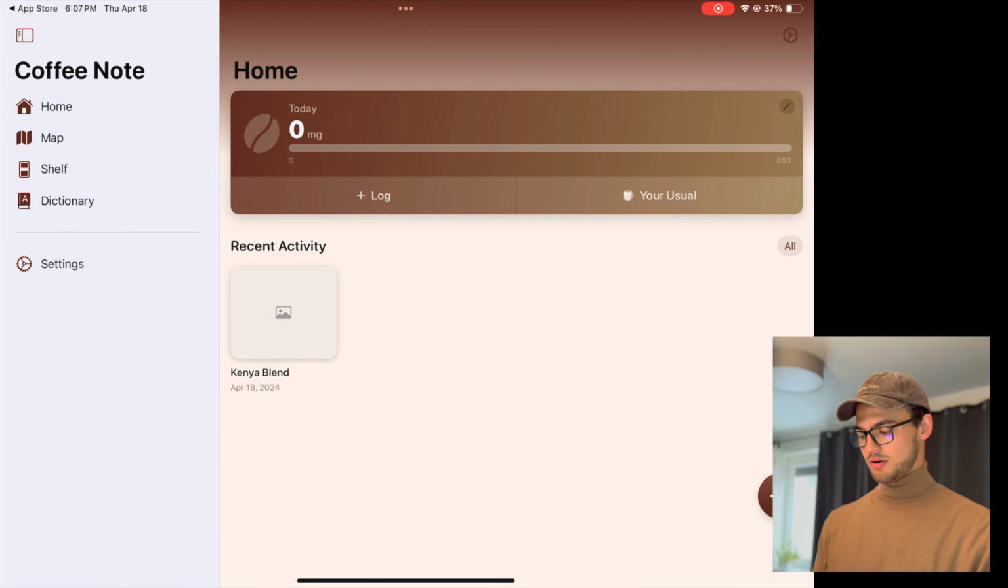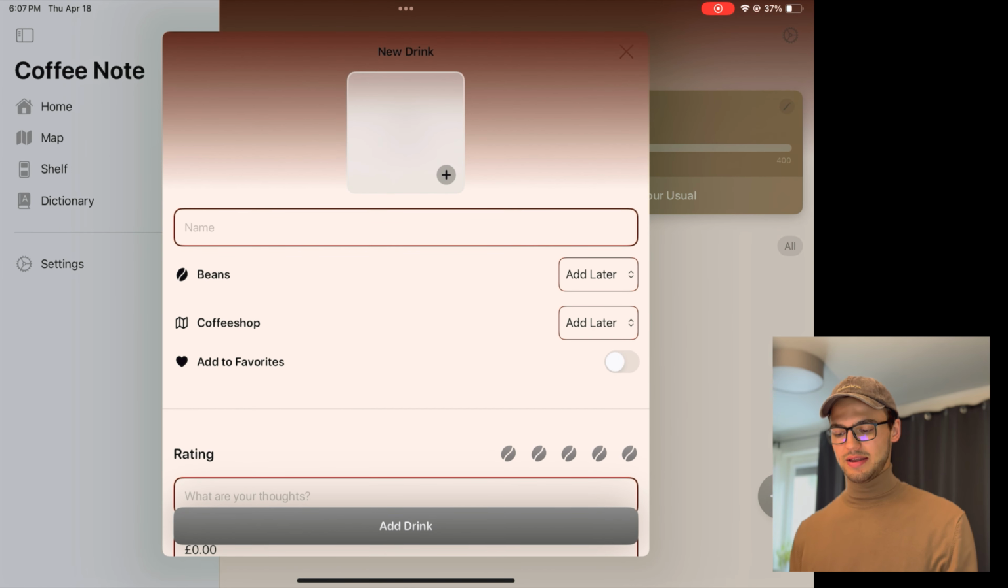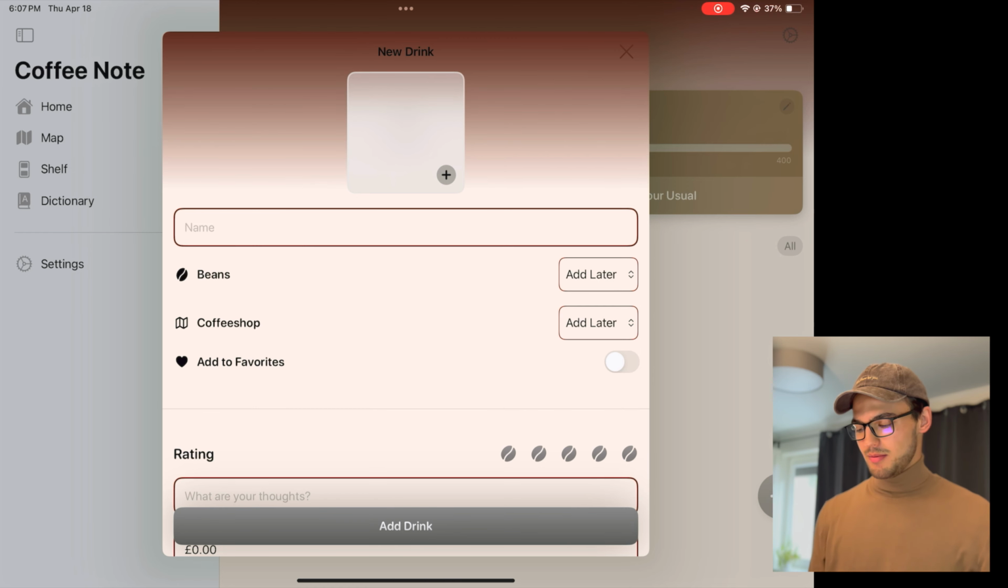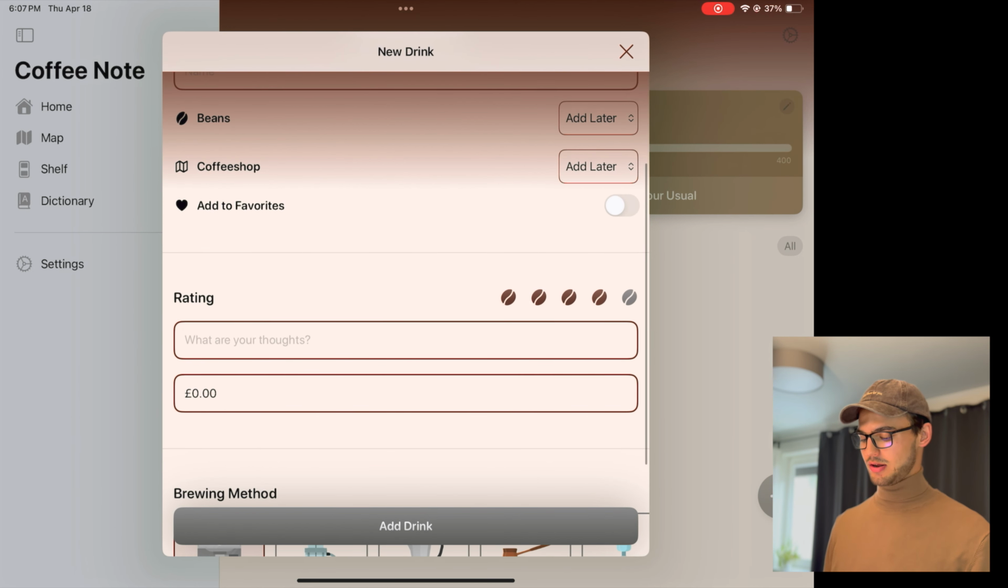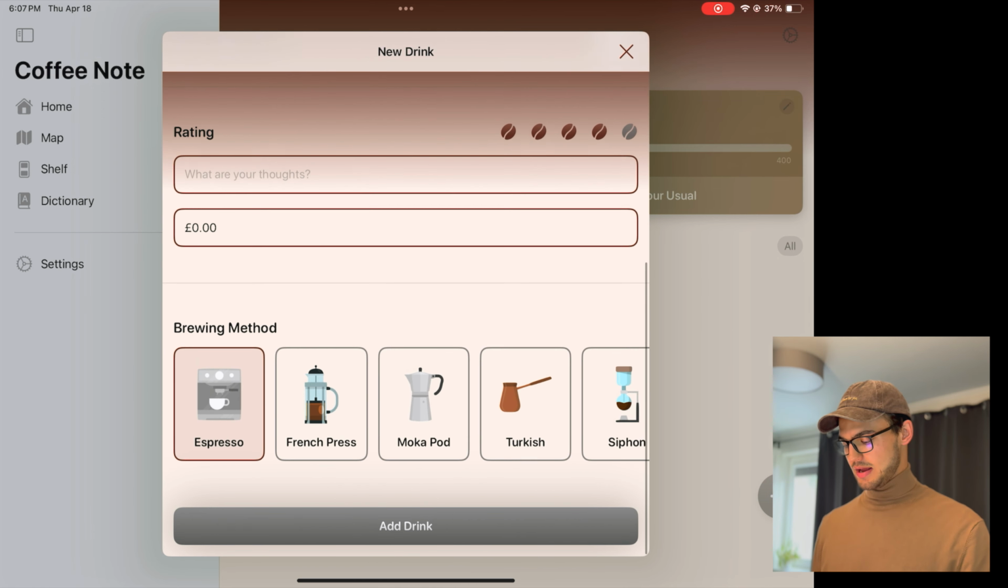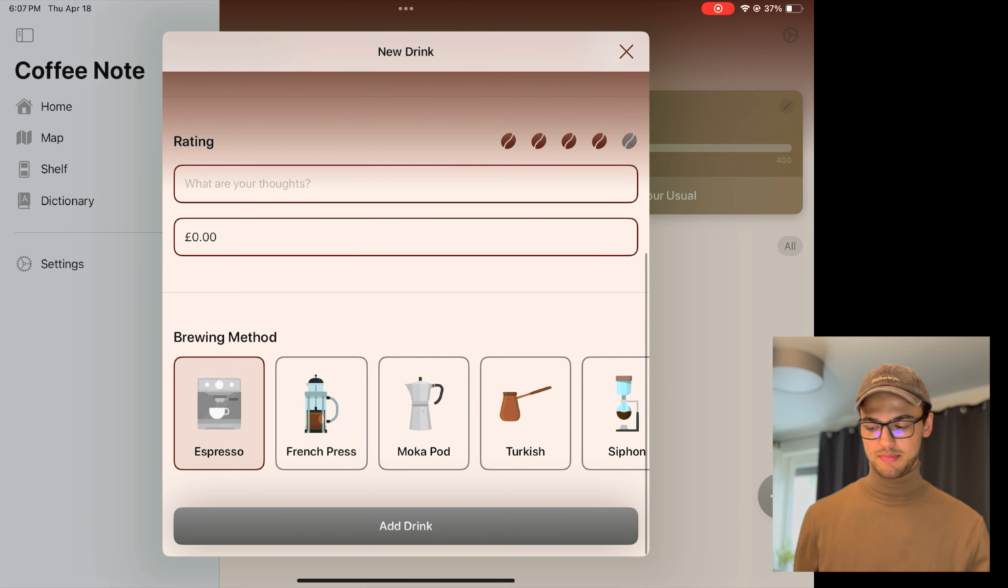What's more here is that you can also add your favorite drinks. This will come in handy when we'll be playing around with the map feature. But basically, in new drinks, you take a picture of whatever drink you're having in a nearby coffee shop, name it, add beans, add the coffee shop, give a rating and also a price, and how it was prepared. Probably in most coffee shops it's going to be an espresso